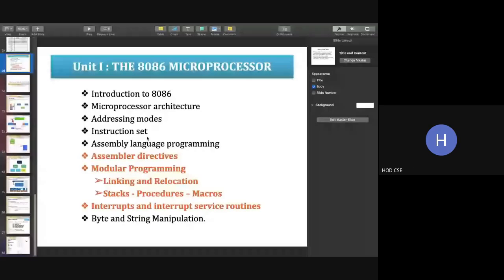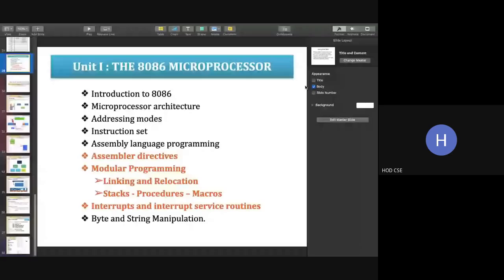Students, listen here. On the 24th at 4, we are having the MCQ for the microprocessor subject. The topics will be introduction to 8086, microprocessor architecture, addressing modes, and the first part, data transfer instructions from the instruction set. 20 questions will be asked and you have to answer them. So prepare well. All the notes are available in the classroom itself. Go through the notes, and I hope all are taking notes also. Am I right, students?